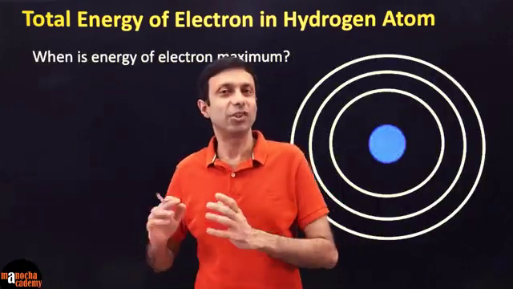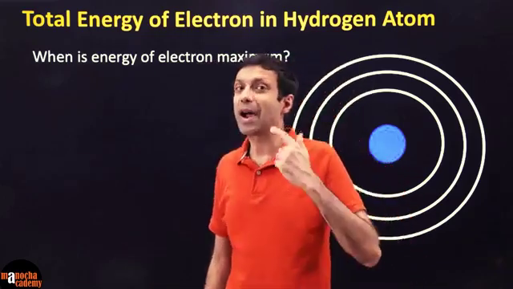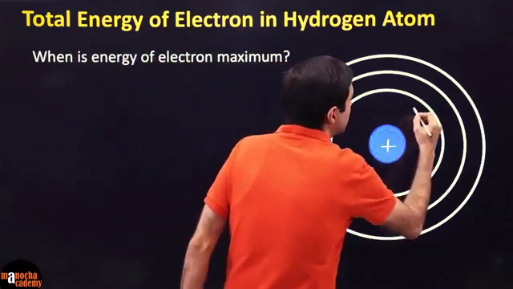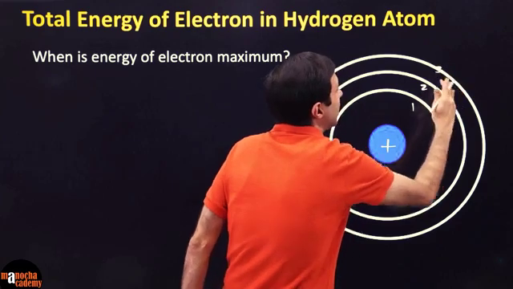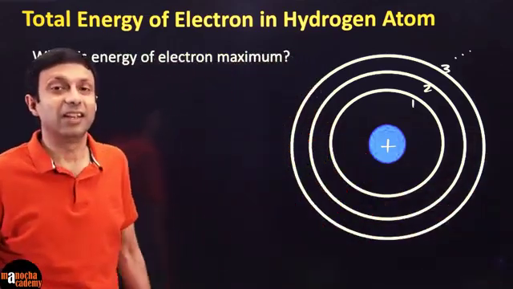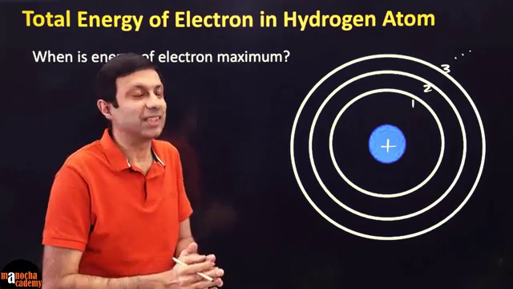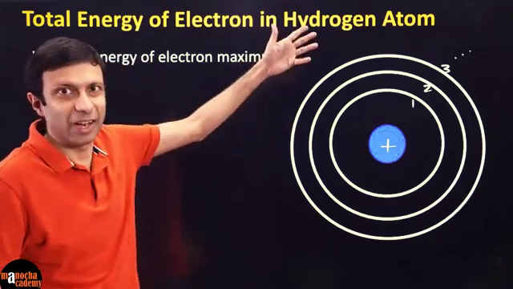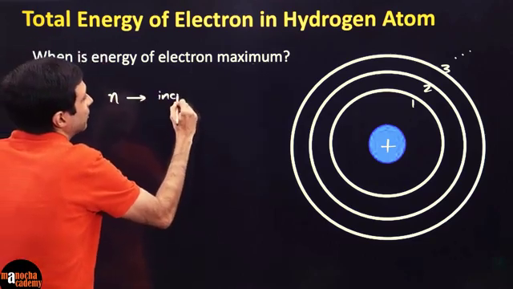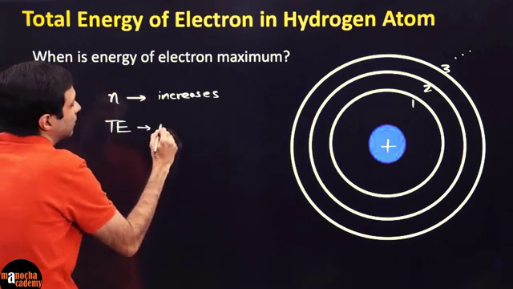So we discussed the total energy of the electron in the nth shell. If I ask you, when is the energy of the electron maximum? In which shell number? As we saw, as the shell number keeps on increasing, the energy of the electron is also increasing because the negative number becomes smaller. So we can say that as you go to a higher and higher shell, as n increases,